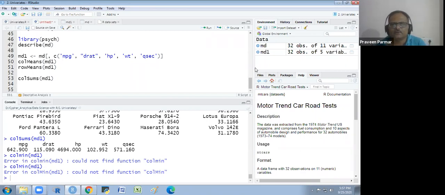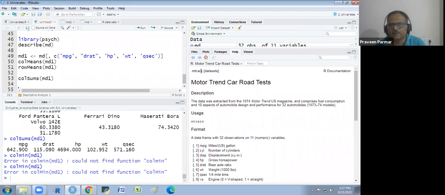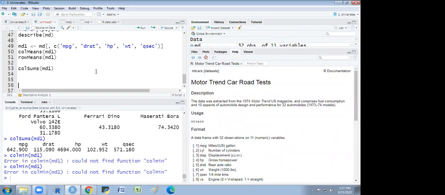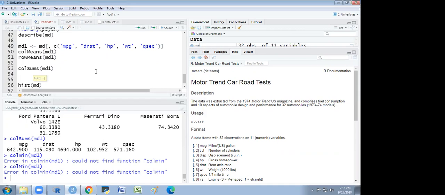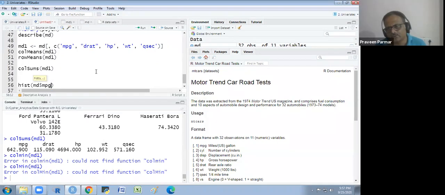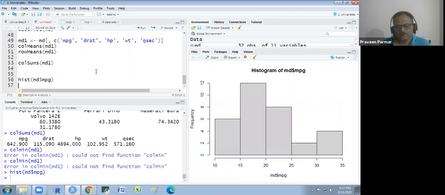So I just increase the area of this plot, where I will get the plot here. What I am doing, I want to make a histogram, and for the histogram I have to just write hist, MD dollar, whichever variable you want to make the histogram of. Histogram is for the continuous variable. So you will get it, it is my continuous variable. So can someone explain to me whether it is normal or skewed?